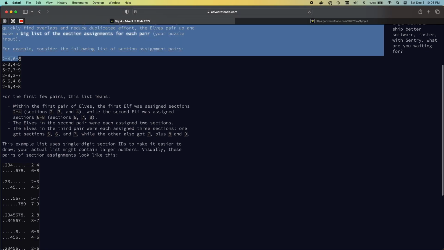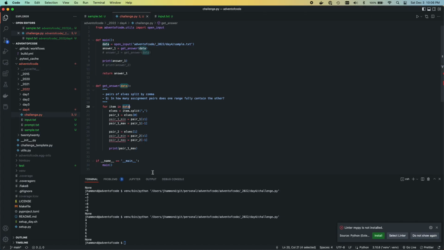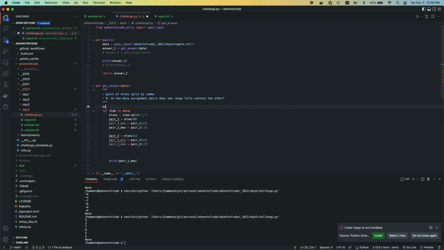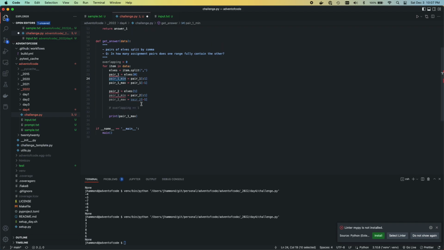So we need a comparison of all of them. Right, so we can do, let's see, what do they call this? Overlapping is going to equal 0, right? And if we get one that overlaps, then we're going to add to it as a count. Then we're going to print the count out at the very end. So we could say something like, if pair 1 min,